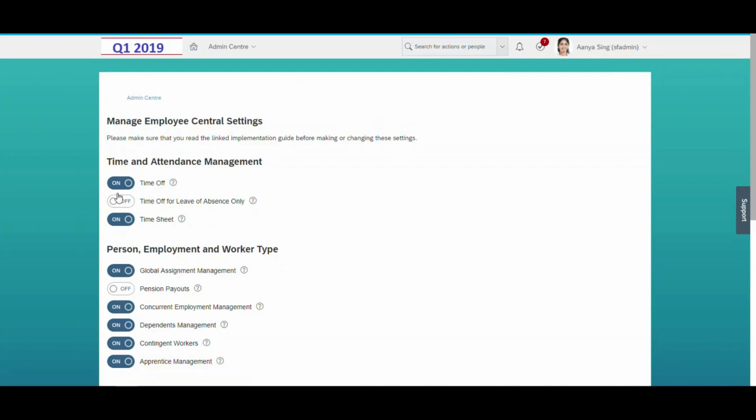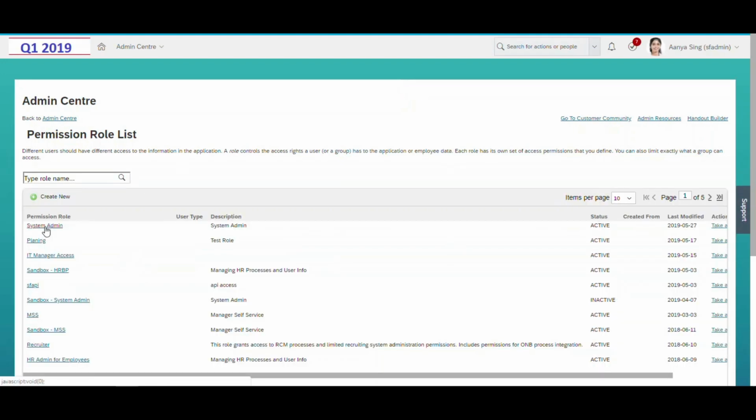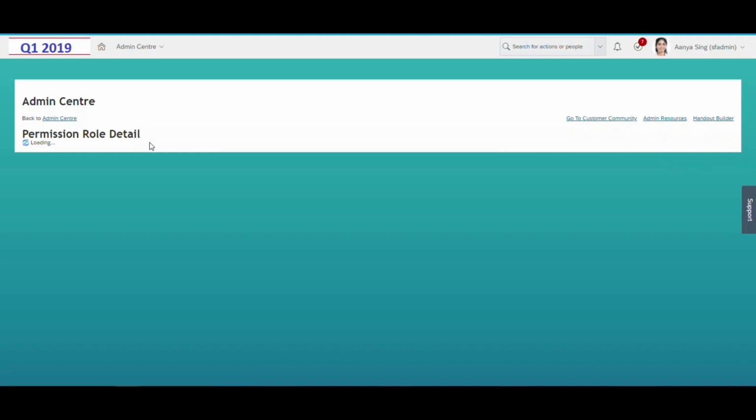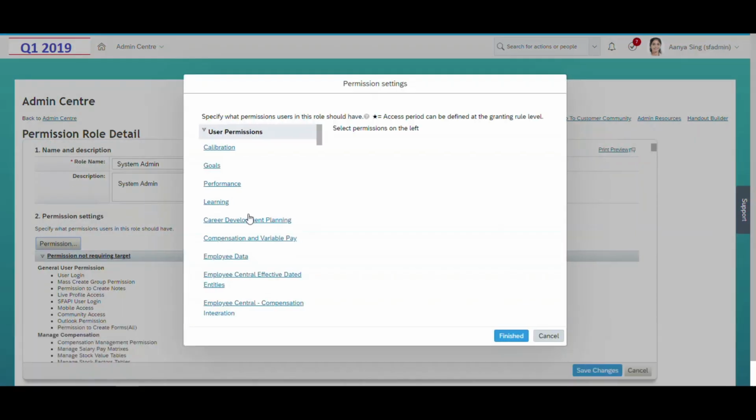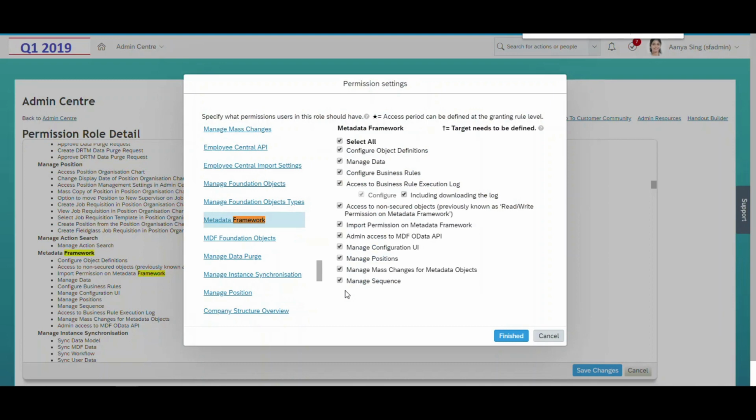You can see here the full time off feature is available. Not only leave of absence, but the full time off feature is enabled. As per the previous releases, if the full time off feature is available, then in those instances the correct hire date feature should not be available. Let's check in the permission role whether the correct hire date permission is enabled there or not. Let's check one of the permission roles. Manage framework. Here you can see there is no correct hire date feature. This option is not there. So that means this was the limitation